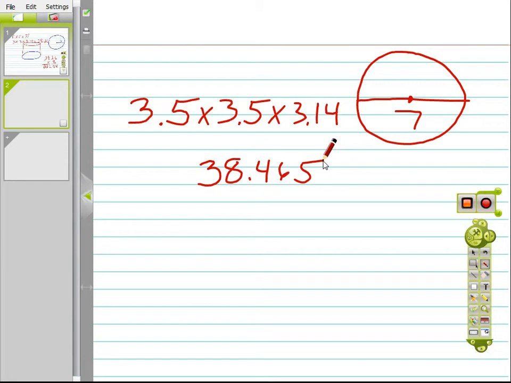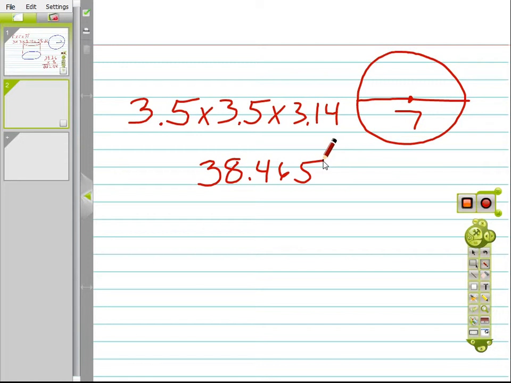Now what's the next thing to do if we want the volume of this? We found the area of the base. Philip, what's the next thing we do? If you're finding volume, we know the area of the base. We need to do how tall is it? Is it 4? No, the height times